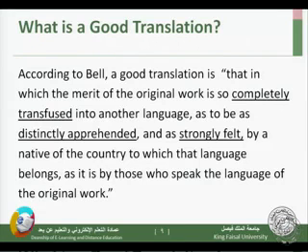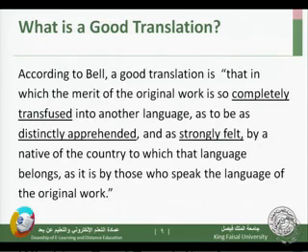Now, according to Bell, a good translation is that in which the merit of the original work is so completely transfused into another language as to be as distinctly apprehended and as strongly felt by a native of the country to which that language belongs as it is by those who speak the language of the original work. It's a bit advanced, a bit comprehensive, a bit complicated, but in a nutshell,